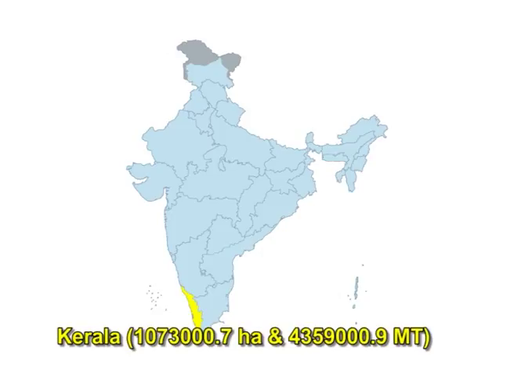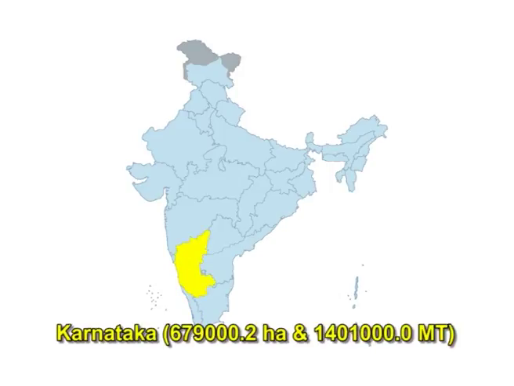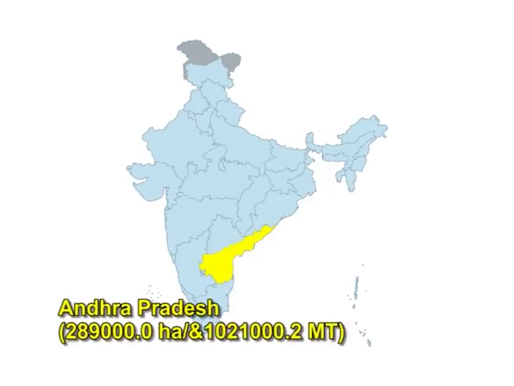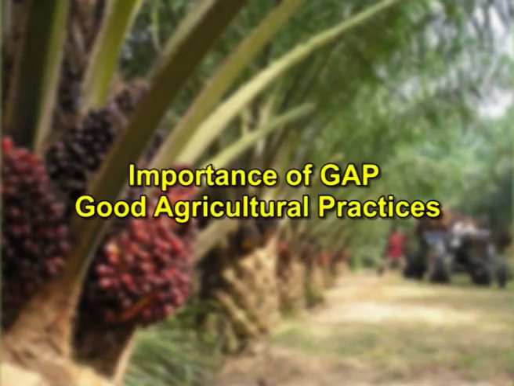Area and production is more in Kerala. For example, it occupies nearly 1,073,000 hectares with a production of 4,359,000 metric tons, followed by Karnataka, which occupies 679,000 hectares with a production of 14,010 metric tons, whereas Tamil Nadu has about 503,000 hectares with a production of 3,810 metric tons. Andhra on the other hand has 289,000 hectares with a production of 1,021,000 metric tons. Now we will see the importance of GAP, that is good agricultural practices, which involves certain principles,